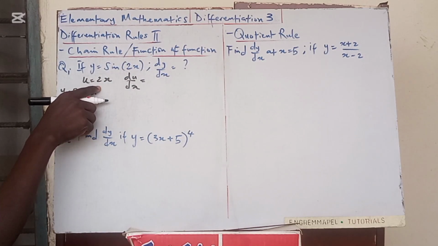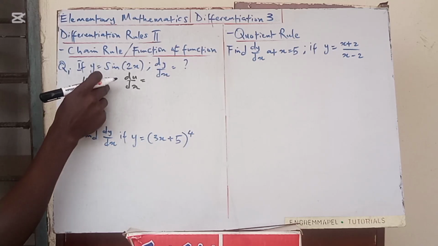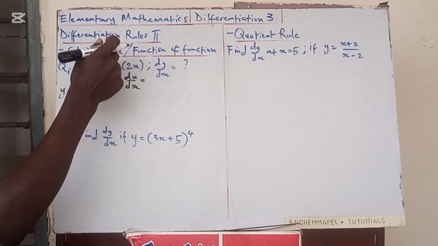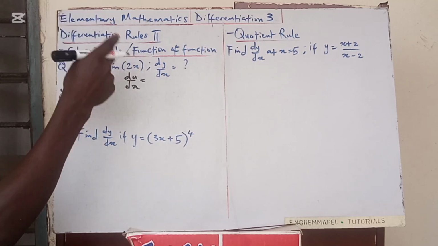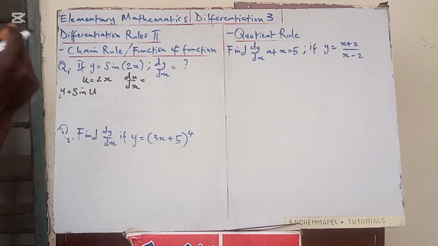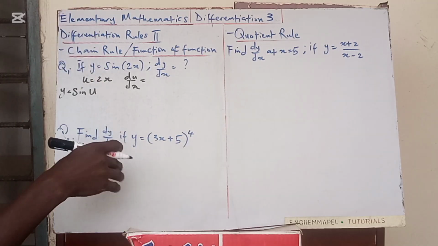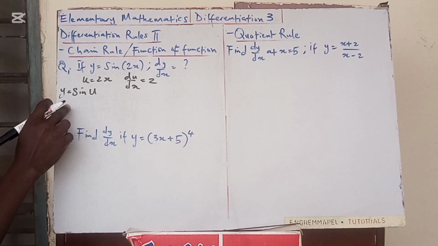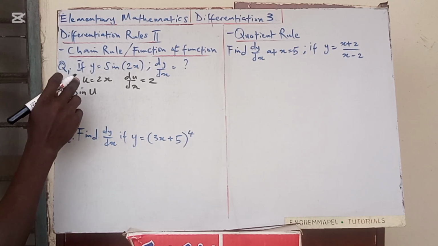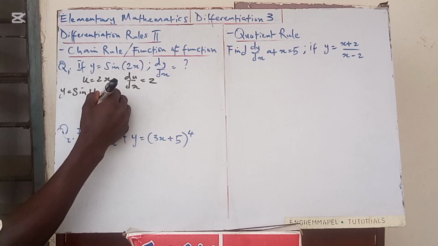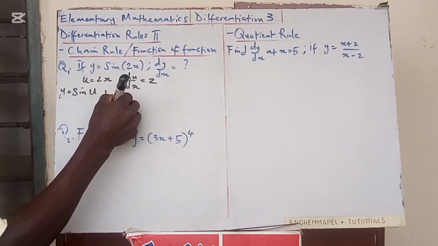If you differentiate 2x, it's going to give you 2, because 2x raised to power 1, so 1 multiplied by 2, that's 2. Then 1 minus 1, that's 0. So x raised to power 0 is 1, multiplied by 2 is still going to give you 2. We did cover that in our differentiation 1 when we were doing the basics. So this is 2. Then sine u. If you are differentiating sine, it's going to give you cos, right? So dy du will be